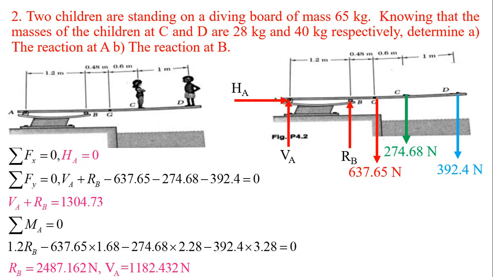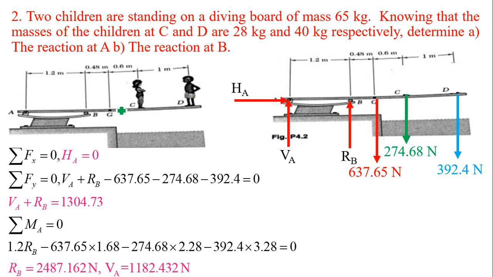Now next problem. Two children are standing on a diving board of mass 65 kg. Knowing that the masses of the children at C and at D are 28 kg and 40 kg respectively, determine first, the reaction at point A, and second, the reaction at point B. So here at point A and at point B, two supports are shown, right? And on this diving board, at the end of the diving board,